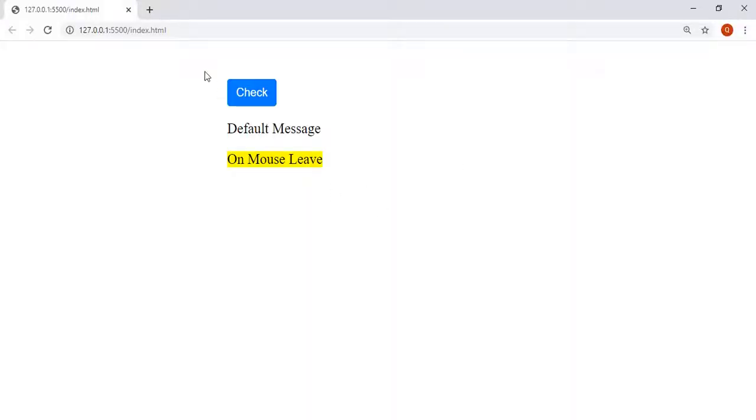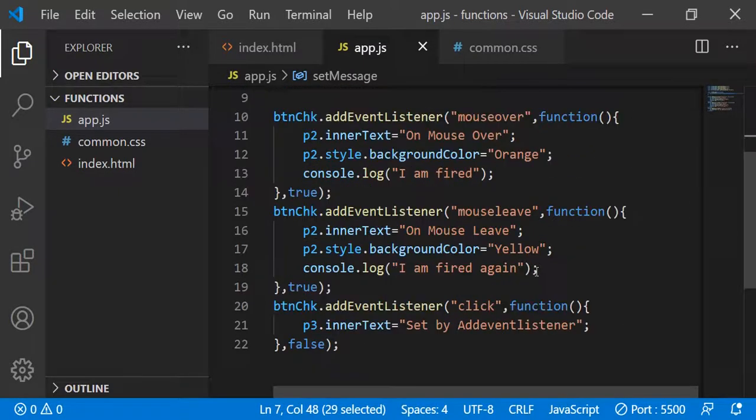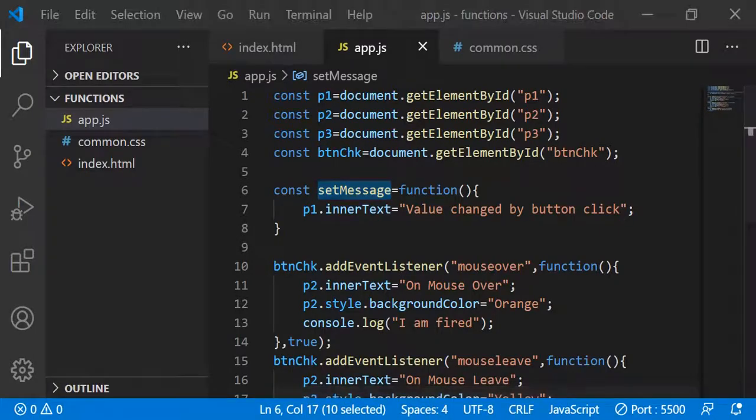Now see, by default we have the default message, and as usual, if I click the check, it will call the set message, and it will change the value, and it should call this also, and this event should not override this event.